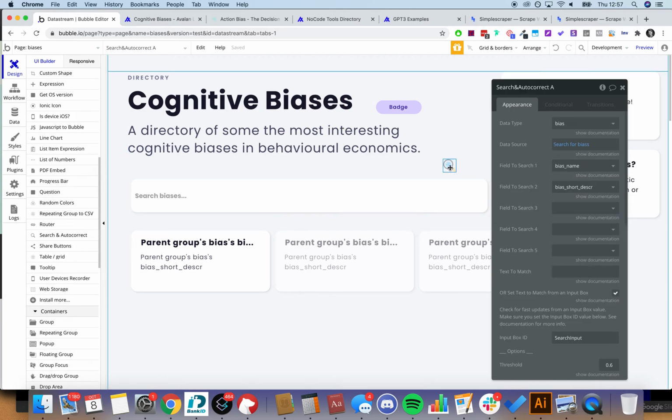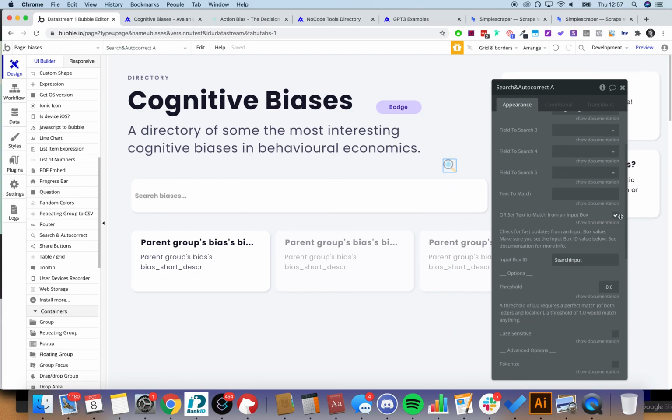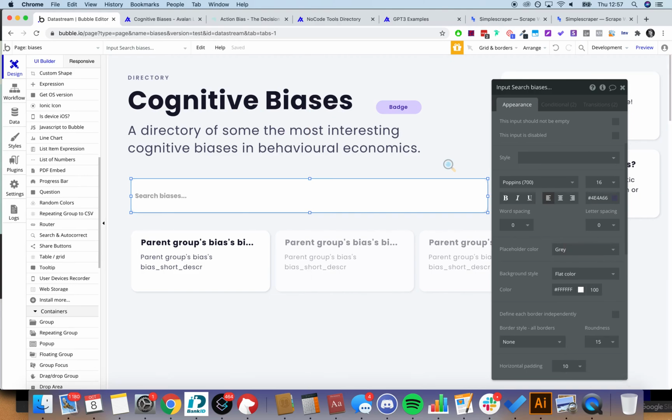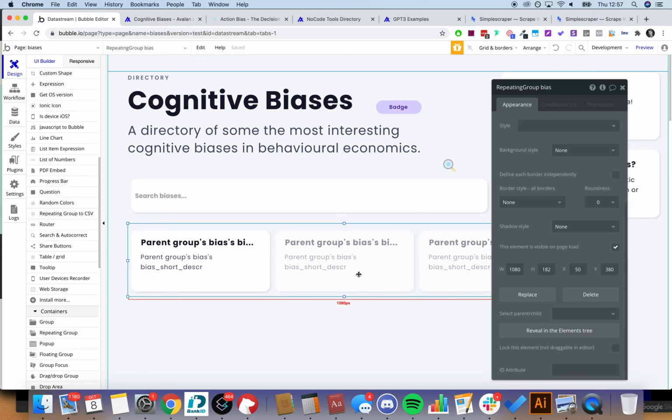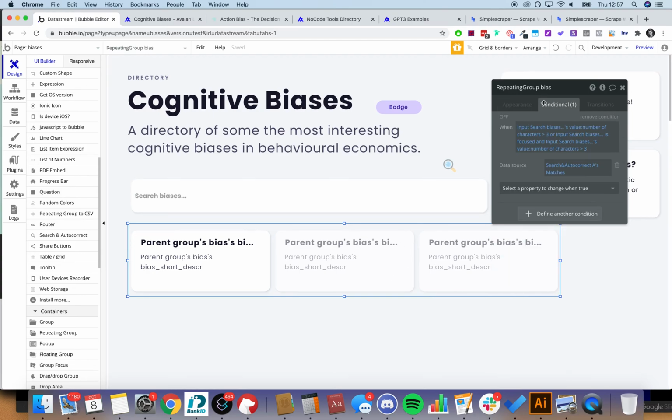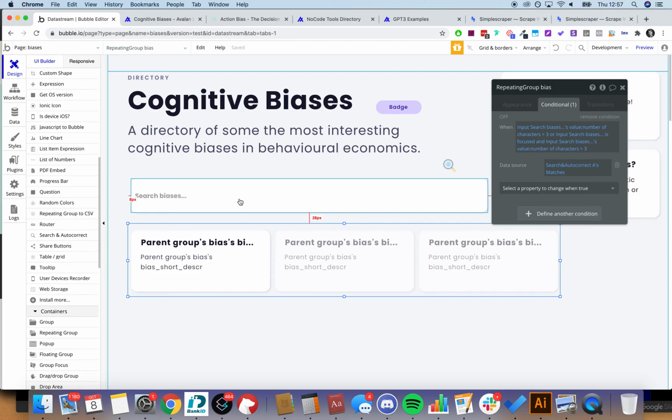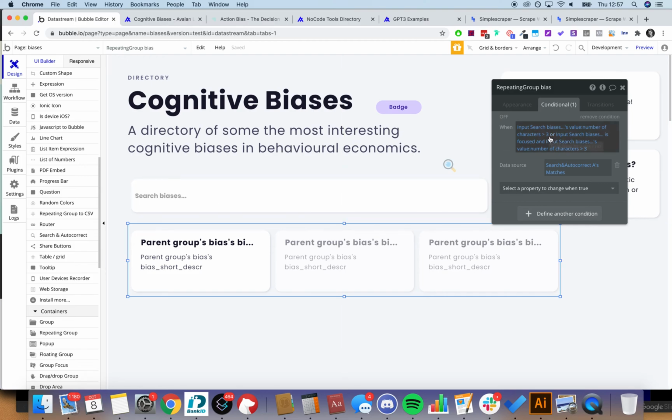Now we have this search and autocorrect plugin. We have to enable this checkbox, set text to match an input box. The input box has an ID, search input. Make sure that is correct. Yes. And now all we have to do is put a conditional formatting on the data source for our repeating group here. So the way that I set this up is when the input search biases, that is this box, has a number of characters inputted that exceeds 3,